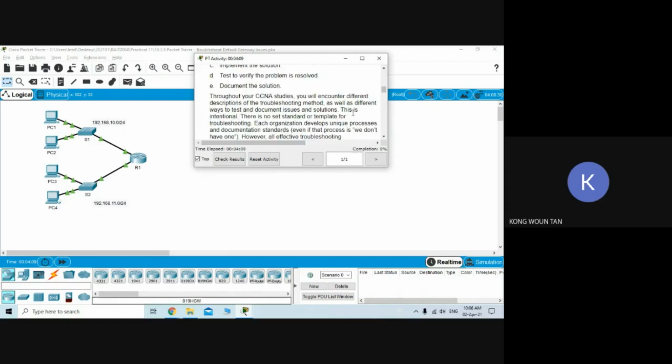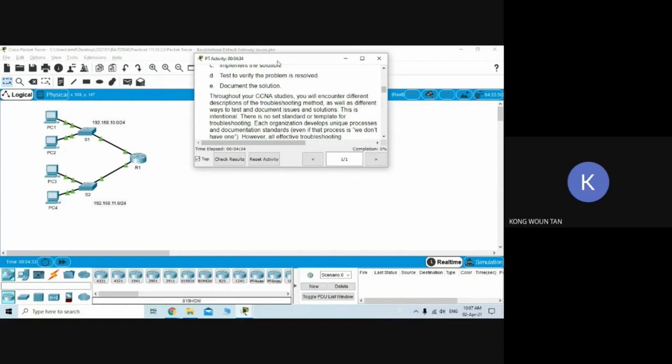And there are also more complicated things like the split half method, which is totally not covered here. I think it's more of a problem solving skill, to know where the problem is. The split half method is like that. Let's assume we have a very complicated setup involving a lot of devices. So, say PC1 cannot ping PC4. Let's assume we have 20 routers there. So the split half method